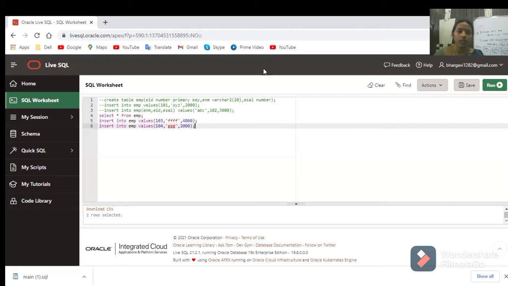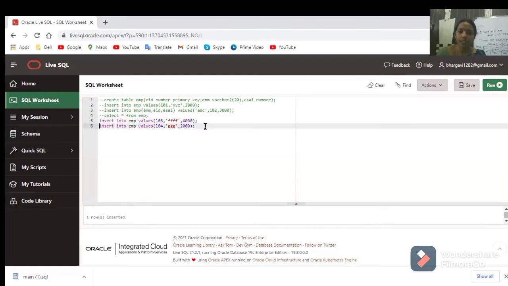Right? Now you can compile, you can run two insert commands or three insert commands at the same time also, no problem. I'm putting all these in a comment section. That means these statements are not going to execute now. So only these two statements are going to execute. Say run. So what you're getting: one row inserted, one row inserted. Singly it shows one row, one row. Two rows are inserted.